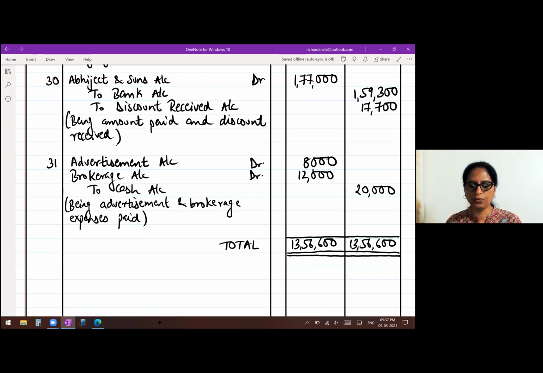We have solved quite a few problems on a journal. Practice them. I'll give you one small problem for homework. So you can do the homework problem. It is an illustration. Homework problem is on page 69, illustration number 4. Okay, so solve this without looking. If you get stuck, then look at the solution. If you have any doubts, difficulties, you can ask me. Okay, you can message me. I will solve it.